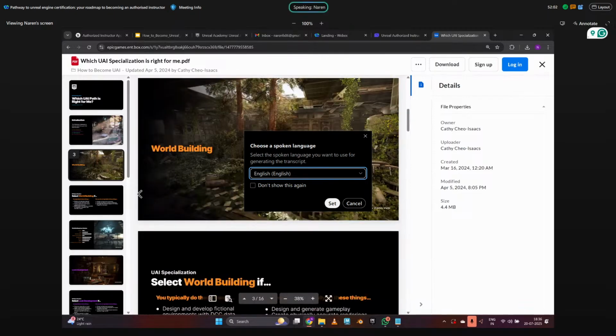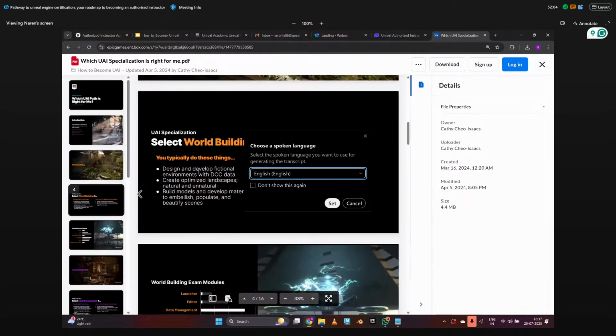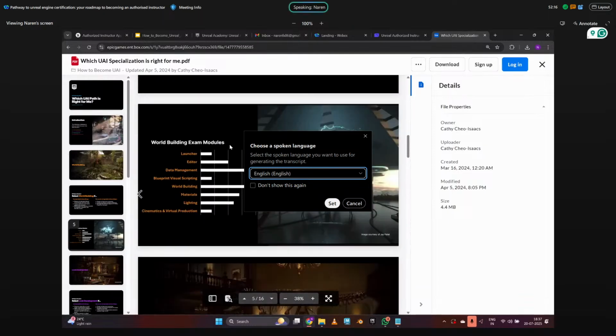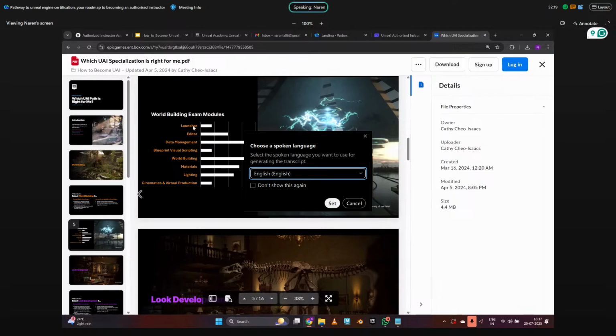So what you do in world building: design development, fictional environments, create optimized landscape, natural or sci-fi. Then you can build models, develop materials. And over here, in the exam modules, as the bar graph shows, these are the questions from these 8 different topics.